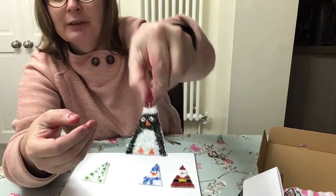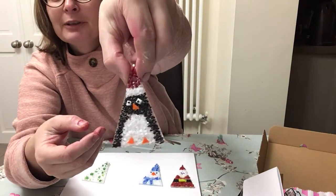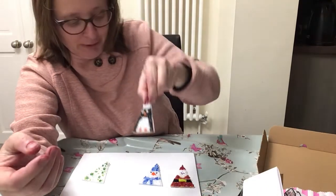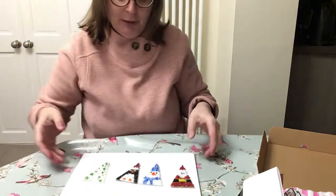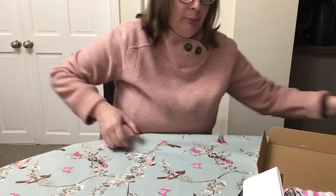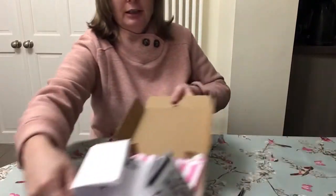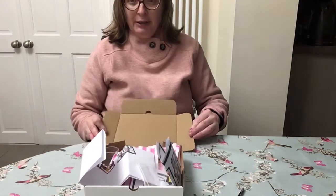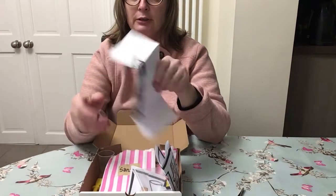Especially with this one. I think this one's the cutest at the minute. Oops, I'll have to sort that out. That's just the ring that goes on top. So, I have this box here. There we go. I'll open the box, and we've got some